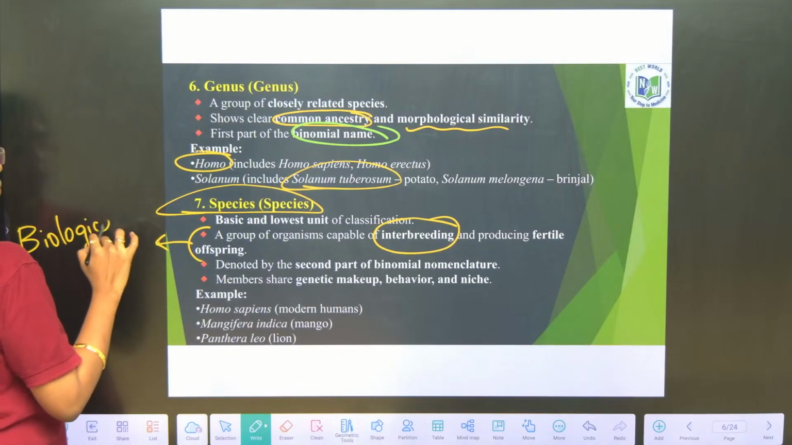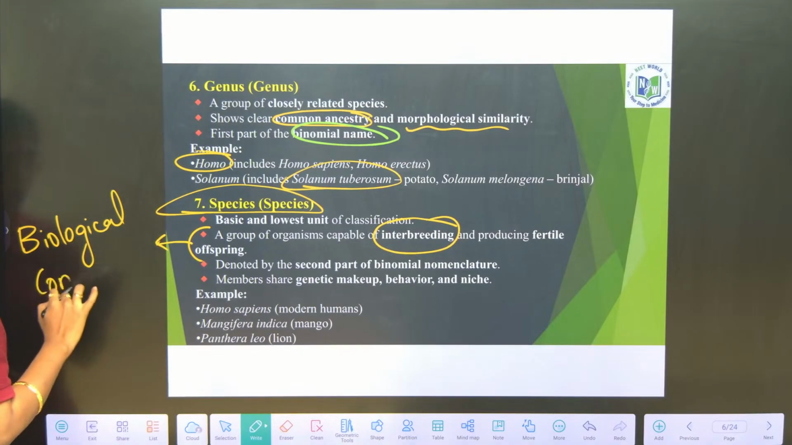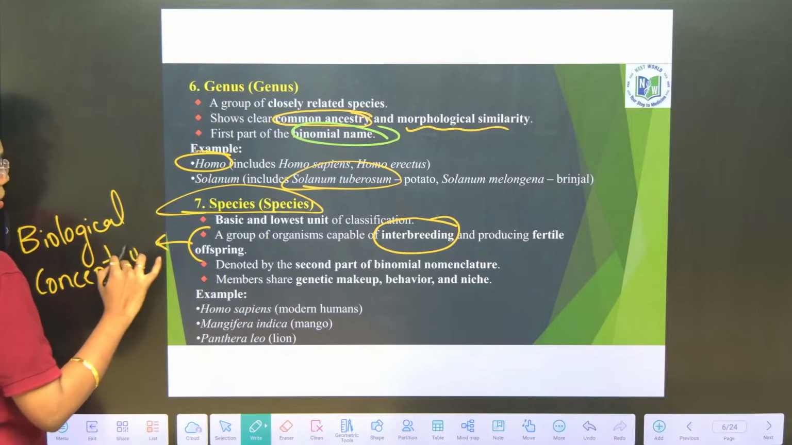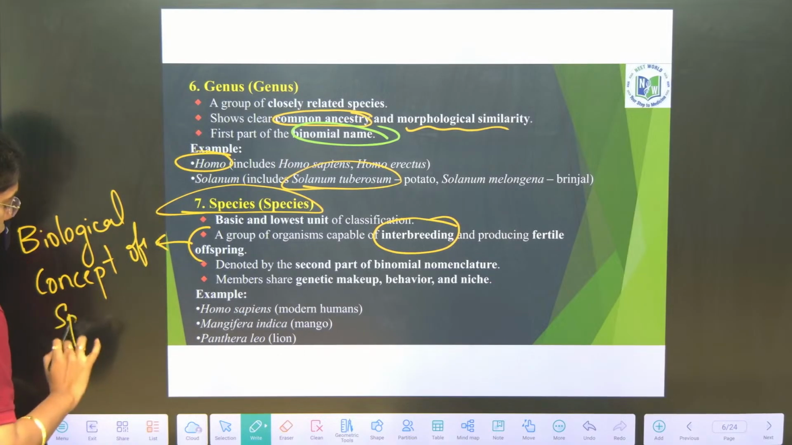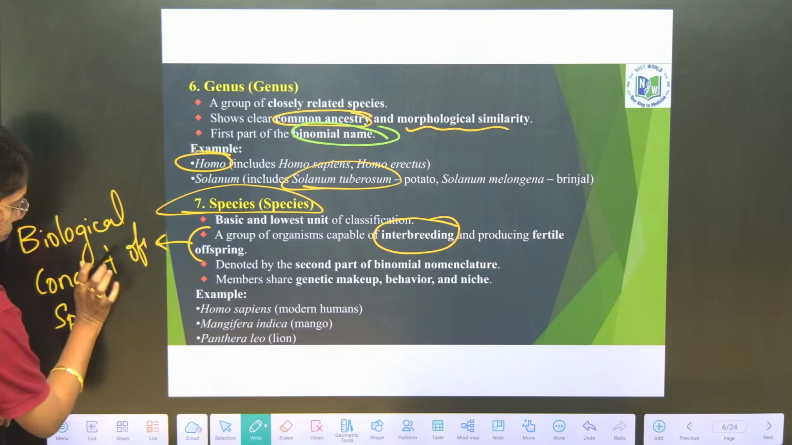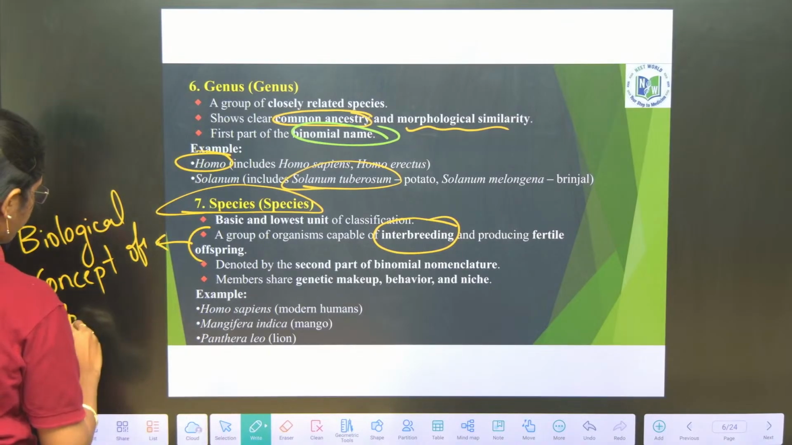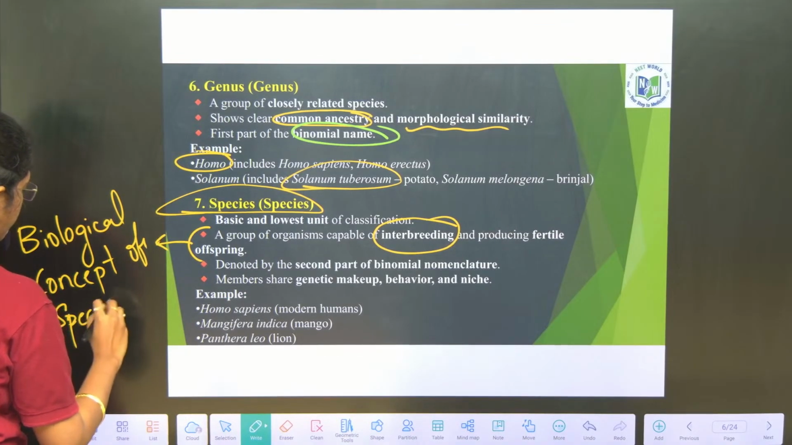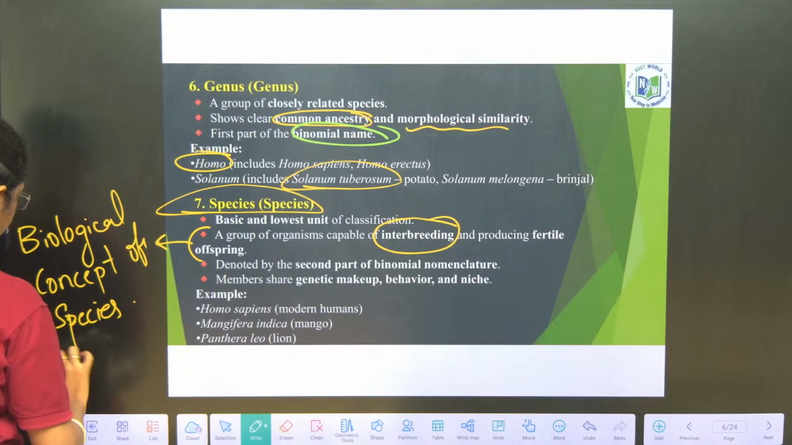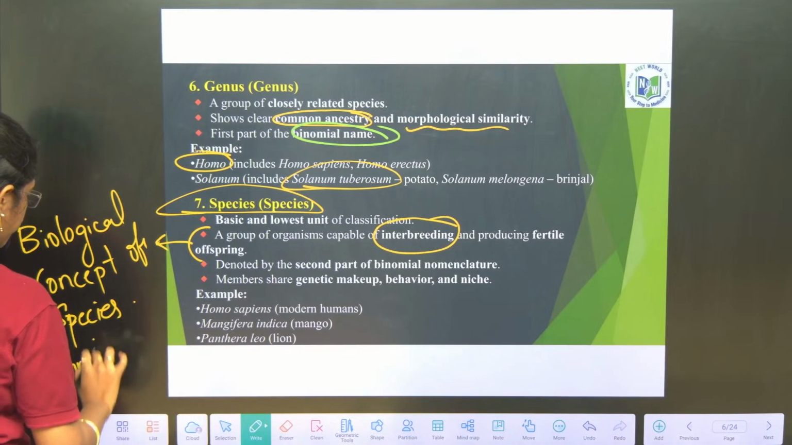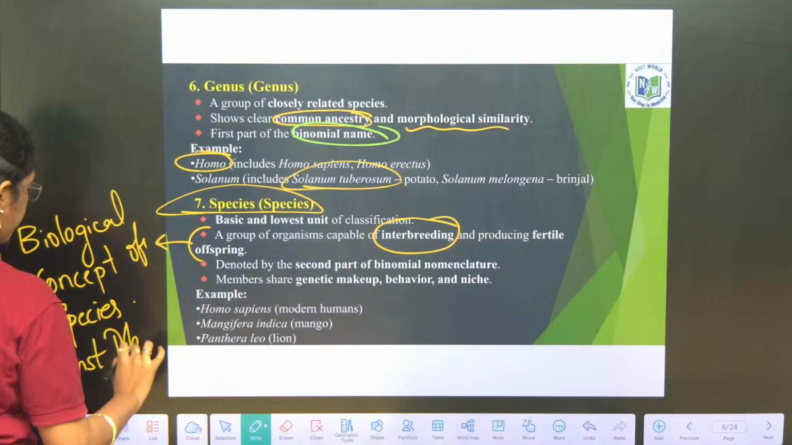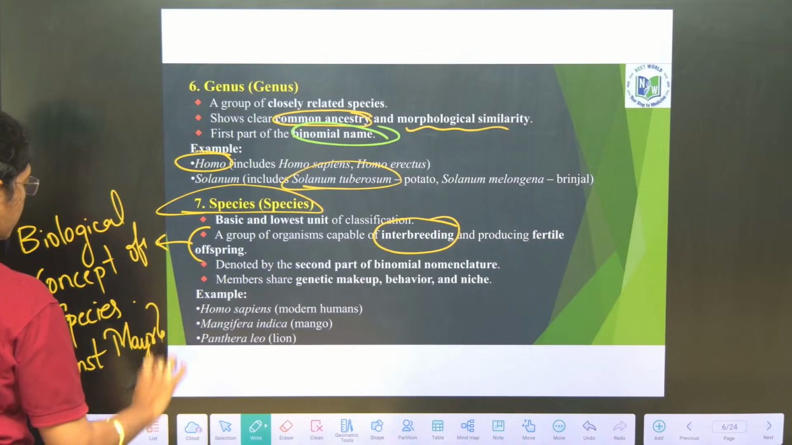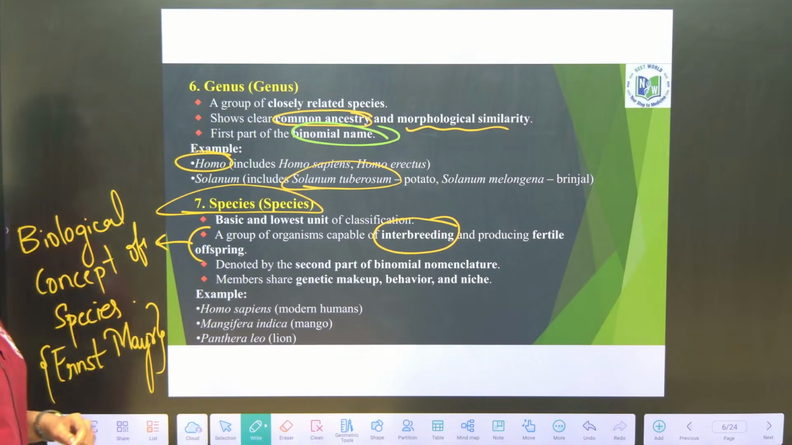Take a note of it, ma. Biological concept of species by Ernst Mayr. Okay, biological concept of species by Ernst Mayr,